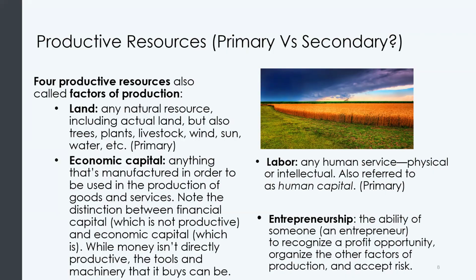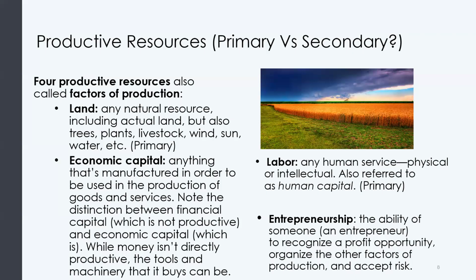This is a typical exam question. In the exam, your lecturer will say, which of the following is a primary factor of production? And if there is land there, you can pick it. If there is labor there, you can pick it. Usually it's not that easy. Maybe they write a teacher. A teacher provides part of labor, so a teacher is a primary factor of production. You have to be able to read between the lines. That's a typical exam question.